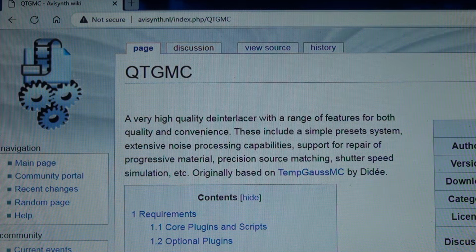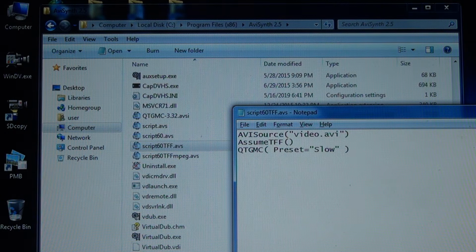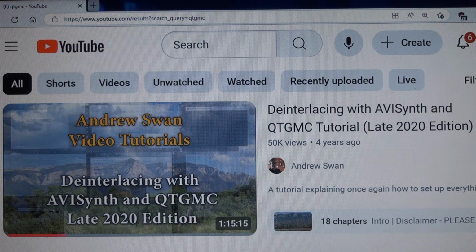At this point, I was going to discuss the method I've been using to de-interlace and upscale standard definition video, but it is a cumbersome multi-step process, and even I had trouble installing and configuring it on another machine after I got it running on this one. And following what is supposed to be a quick, simple guide for newbies, I couldn't get it to work at all. Nonetheless, if you want to take a stab at it, there's a tutorial video I'll include a link to.